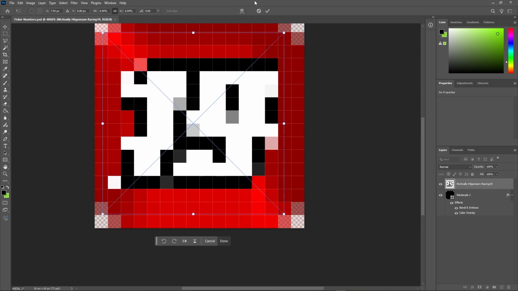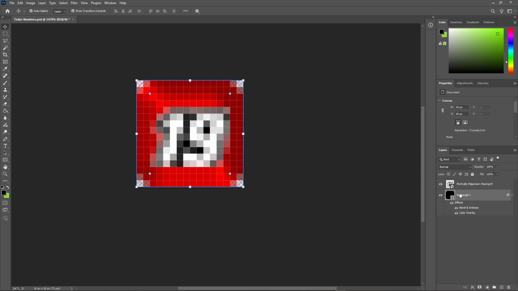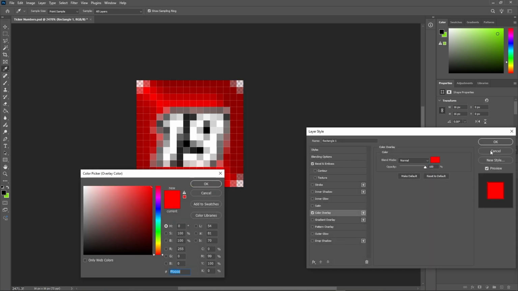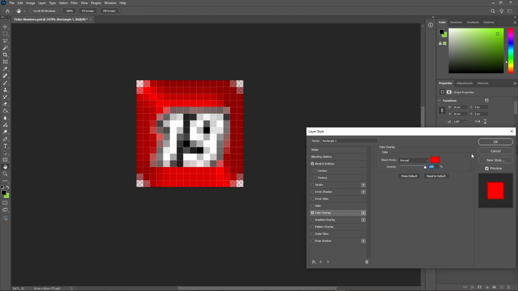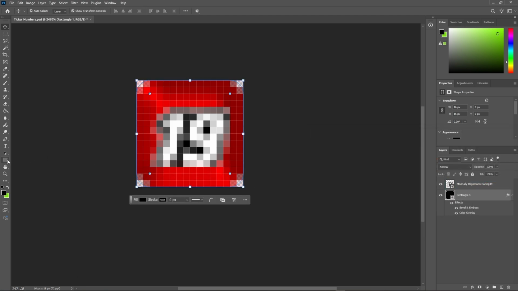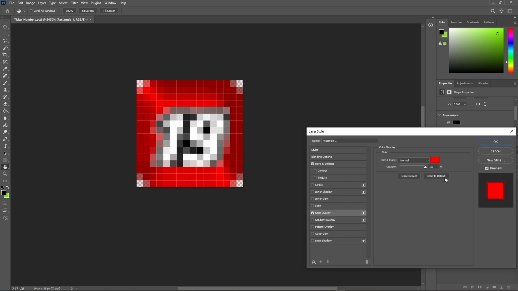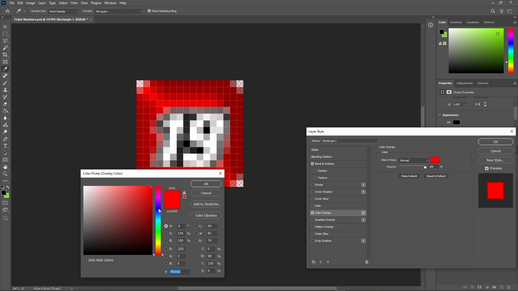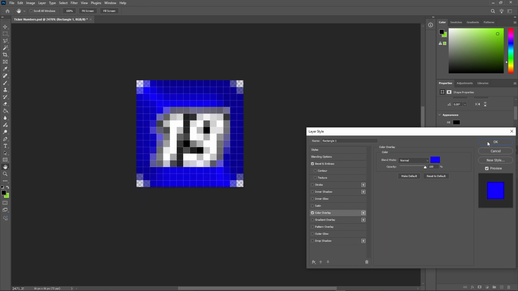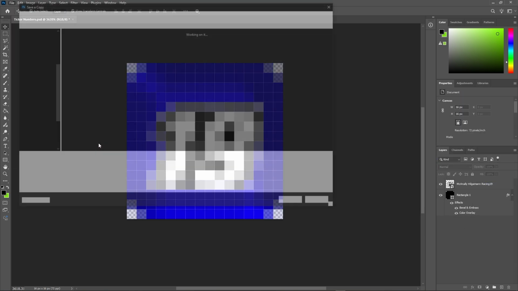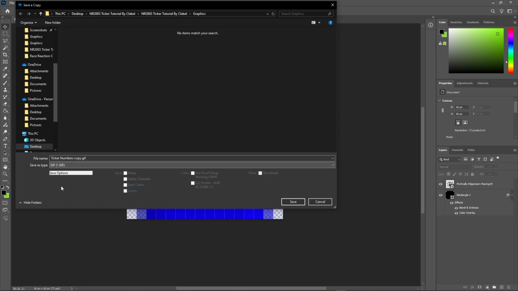It's nice and centered. Once you have the number font where you want it, you can go right here into the color overlay, and then you can change the color of this. If you are using GIMP or something like that, you can always just paste in whatever color you want here. Just disable the color overlay, and that should do it for you. Go into blending options, color overlay, and we're going to change this to a blue, just to make it a little different so it shines out when we copy and paste it. So what we're going to do is save this as a copy, save it as a GIF,